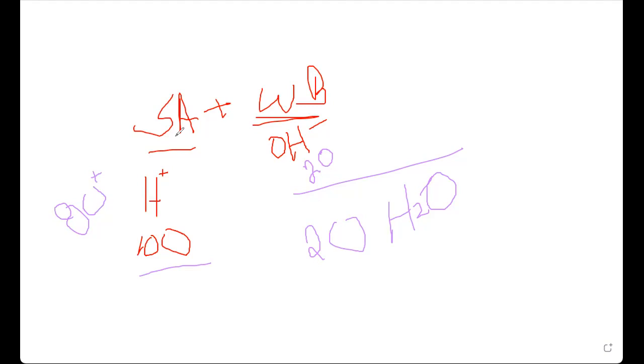So this is not complete neutralization. This is partial neutralization because you are using a weak base here. So the final solution will not be neutral. Why are we reacting acid and base together? So that acid could kill the basicity of the base, or base can kill the acidity of the acid. But if both are stronger, they can neutralize each other and give you a neutral solution. But right now, in this case, when you're using a stronger acid and the weak base,